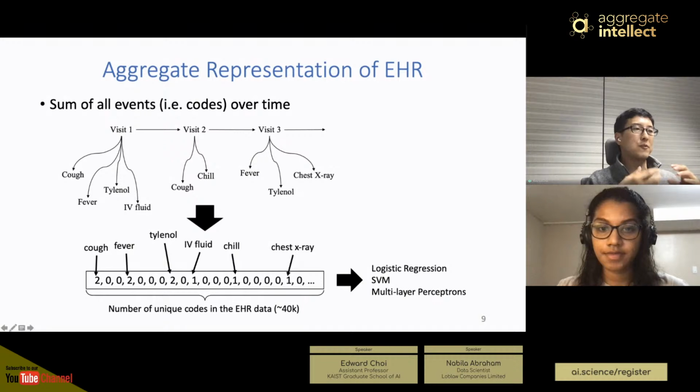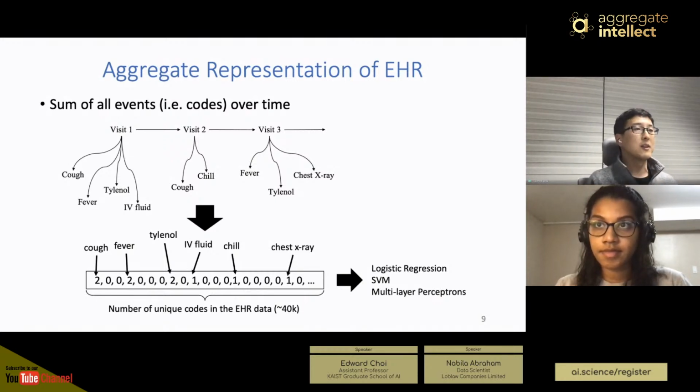entire thing into a fixed-size vector, which would be a patient representation vector. And the most straightforward way to do it is you just count everything. So in the entire trajectory: cough twice, fever twice, IV fluid once, chest x-ray once. So you just basically count them, and then you get a very sparse counting vector, which is very horizontally very long. And then you would apply logistic regression or random forest, depending on your preference, some classifier basically to predict something, maybe to predict kidney failure, maybe heart failure, maybe